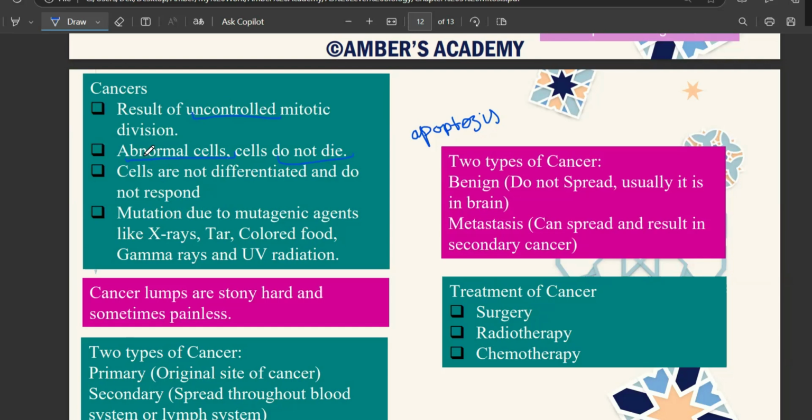Okay. So imagine that so many cells are being produced in abnormal mitotic cell cycle that those cells do not even get the chance to differentiate themselves. And what did I say about differentiation right now? That differentiation is a process in which your cell gets a certain function. Okay, I am a cardiac cell, now I have to pump the blood, or I am a neuron, I have